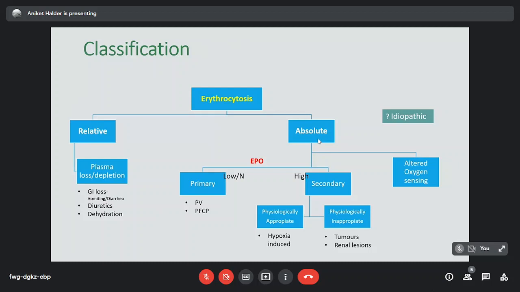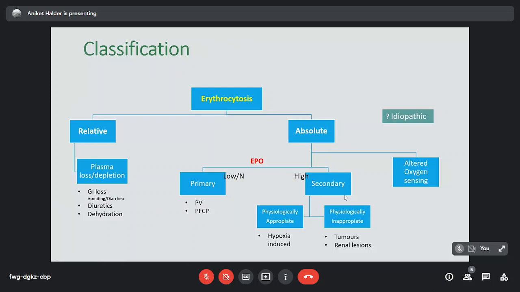So this erythropoietin can be used to differentiate between a primary and a secondary erythrocytosis. In primary erythrocytosis, as there is a primary defect in the red cells, there will be low or normal levels of erythropoietin. Whereas in secondary erythrocytosis, the erythropoietin levels will be high, due to certain secondary causes, and these causes will increase the red cell mass by increased levels of erythropoietin. The secondary